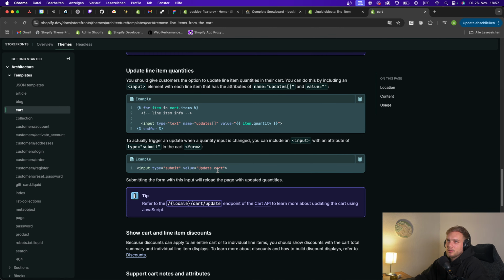Because maybe we need an add to cart button multiple times on the page, for example, on the product page, what we have already, or also on the collection page for a quick add. So what we want to have is a general add to cart button, I think. So we will see